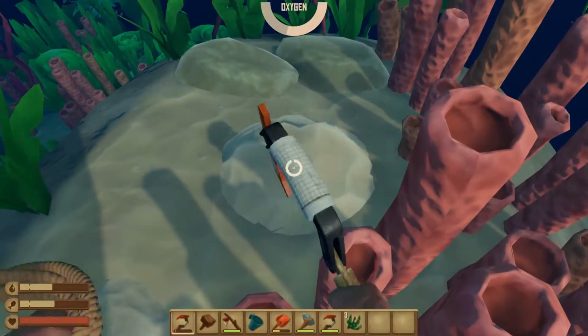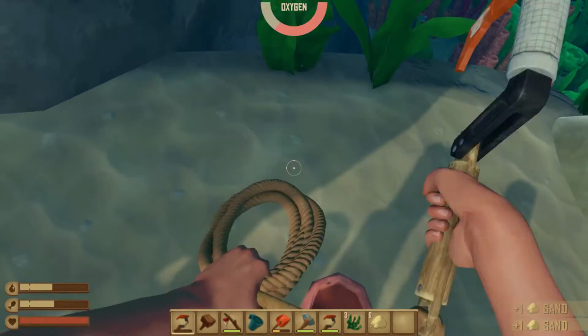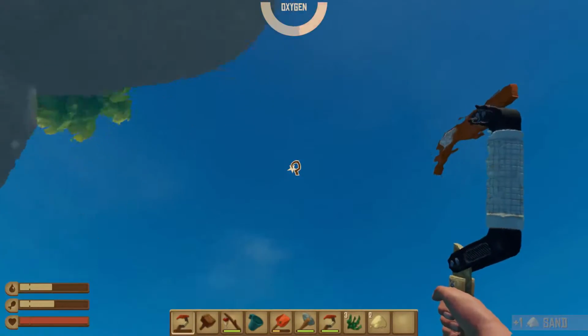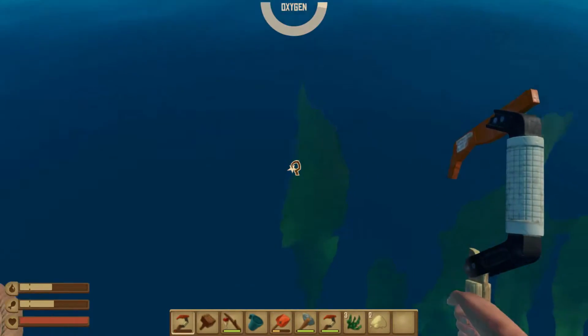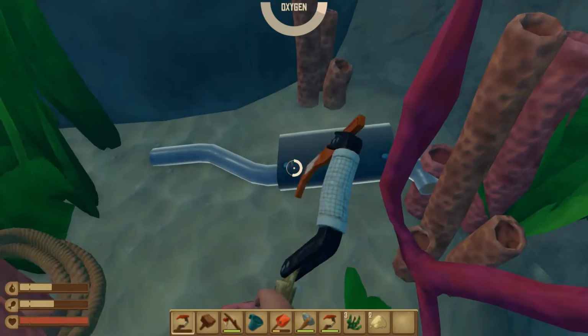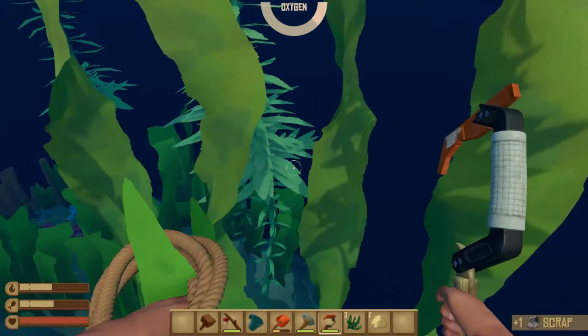You need plenty of sand. I'm not sure how much sand you need for a brick. The options there at the top tell you when you're getting close. So don't get down there too long, because you will drown. Oh, I got an exhaust pipe. Cool. That's scrap. So yeah, my plastic's broken now, so